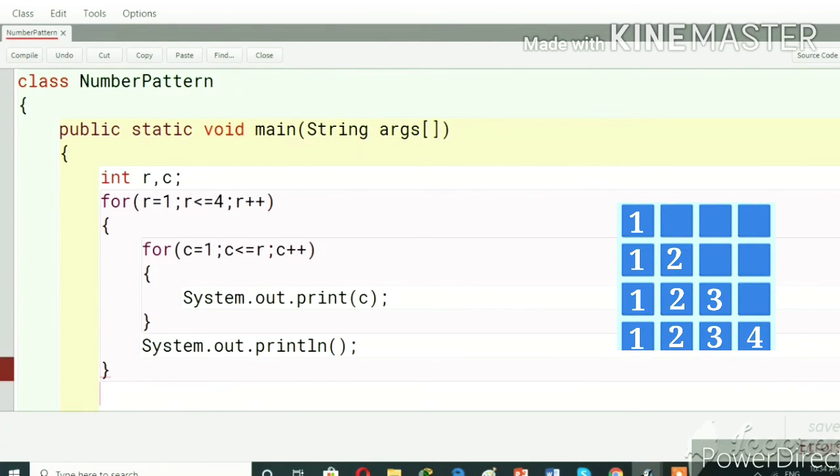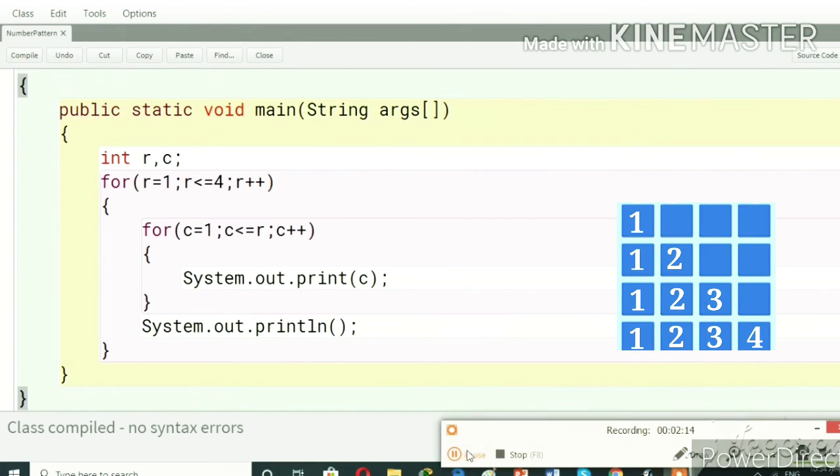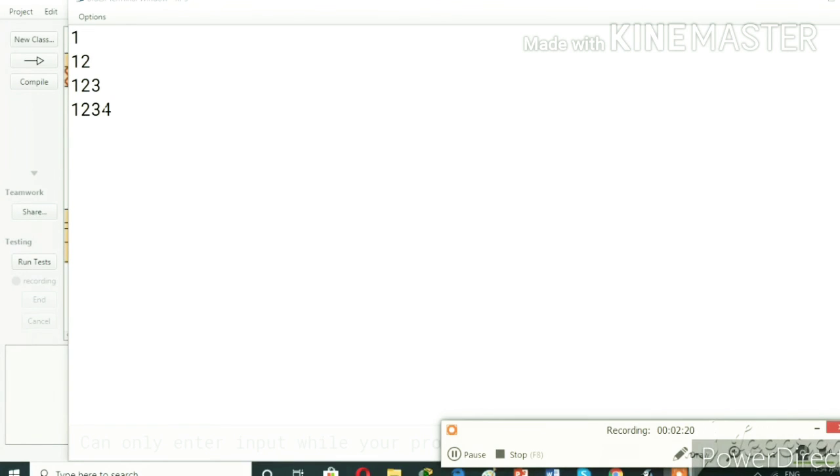Close for the row, close for the public, close for the class. Now compile and run the program. You can see the output 1, 1 2, 1 2 3, 1 2 3 4.